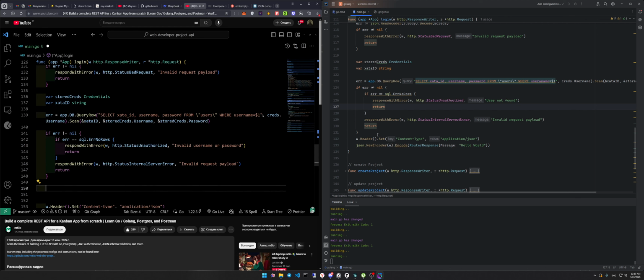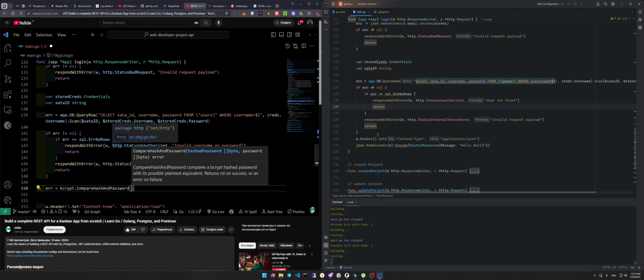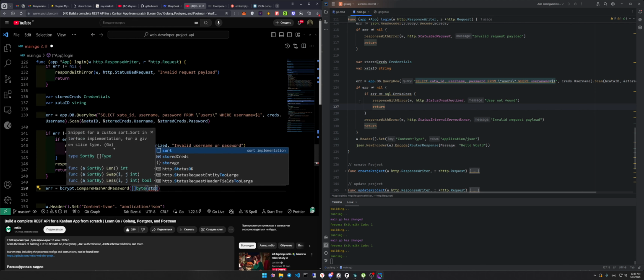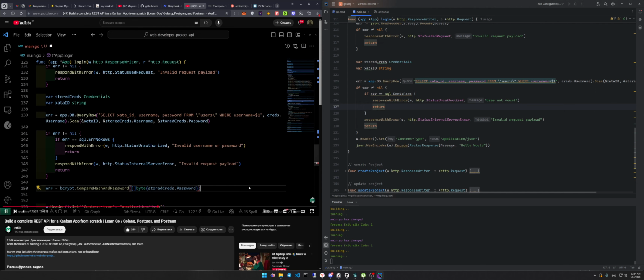So this is assuming that the username was found, right? Now, if the username was found, then we want to compare the password that had come in through the request with the hash password that's in the database. So we'll say error equals bcrypt compare hash and password, and we will pass in, sorry, I'm looking for the slice character. So square brackets byte, a slice of bytes, and in here we're going to pass in the stored creds.password. This is the password that we got back from the database, which will be the hash, and then the